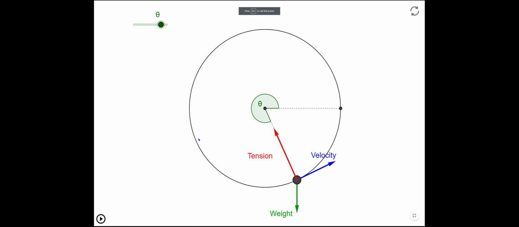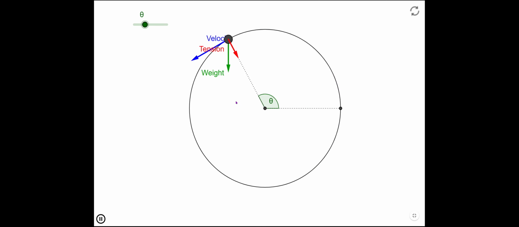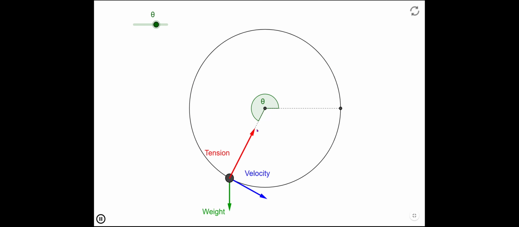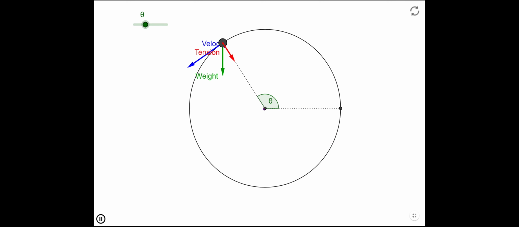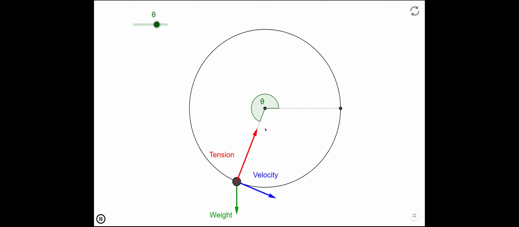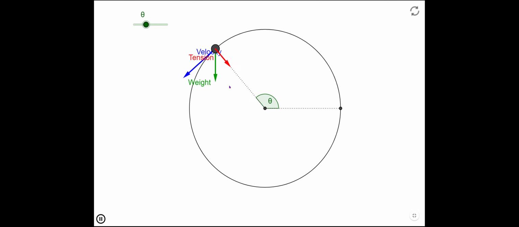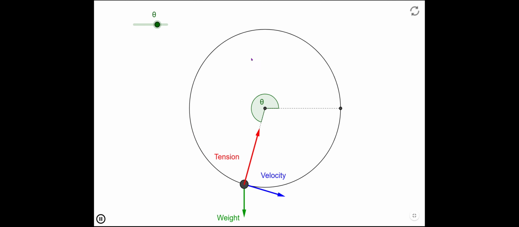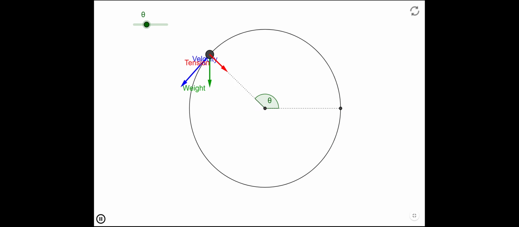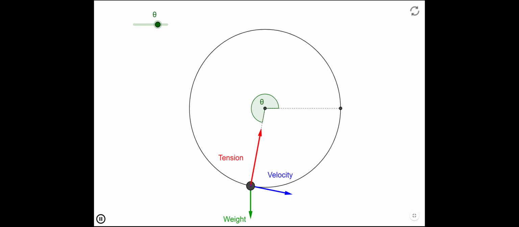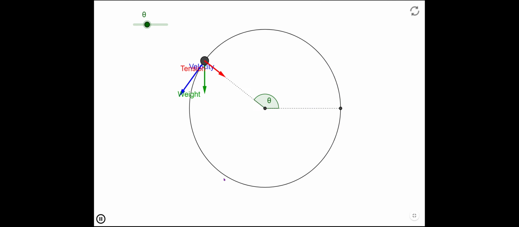Okay, so what this is representing is a particle on a string, and the particle is oscillating around a point. You want to consider this as a vertical plane, and basically what you're doing is spinning this particle so it's rotating in a vertical circle. It has enough speed that when it reaches the top, it doesn't collapse and fall down. So pretty much you're spinning this with a lot of kinetic energy. Anyway, the point here is that,